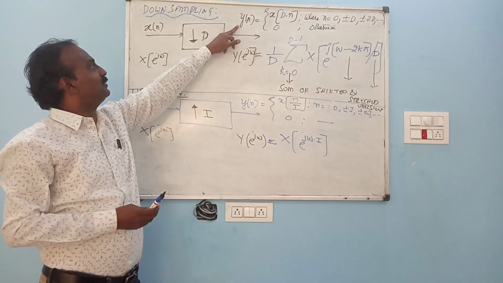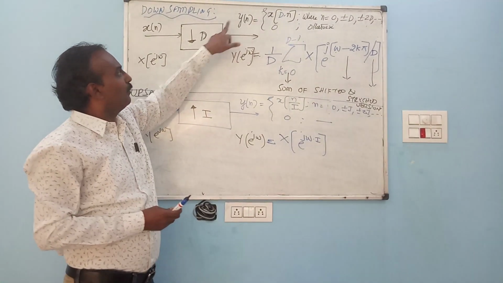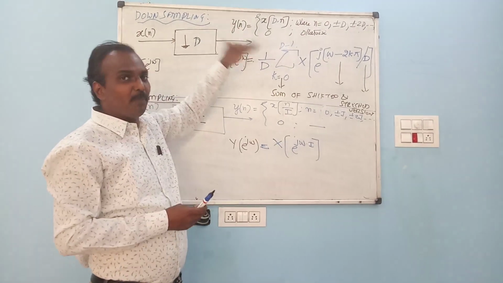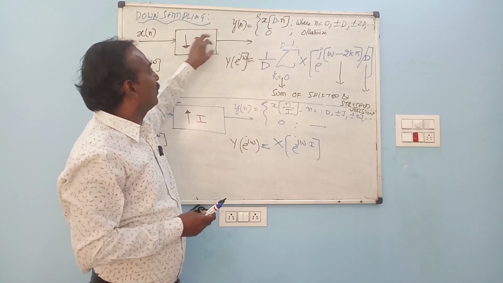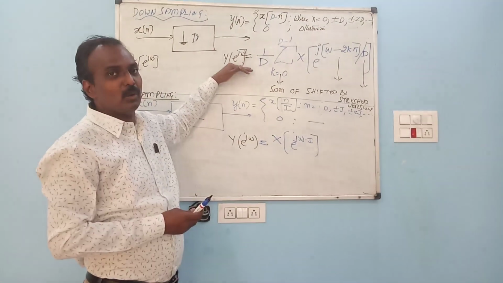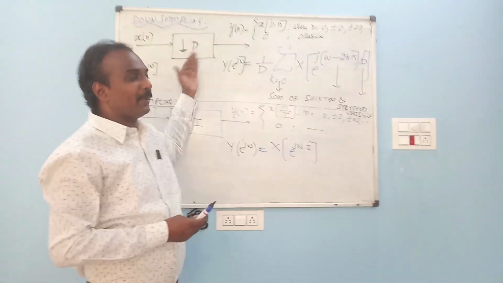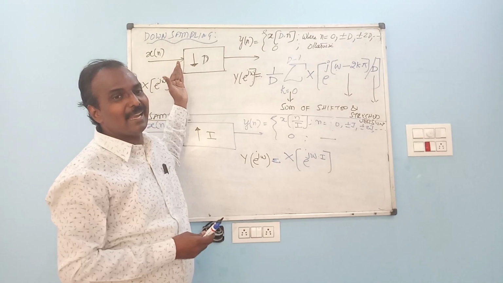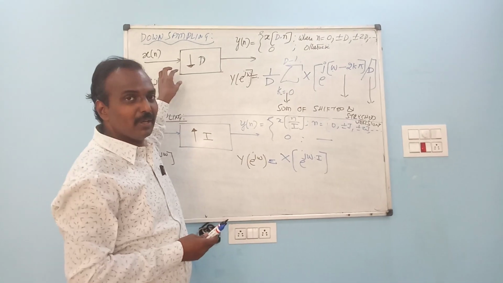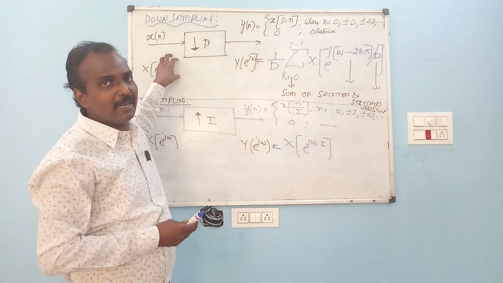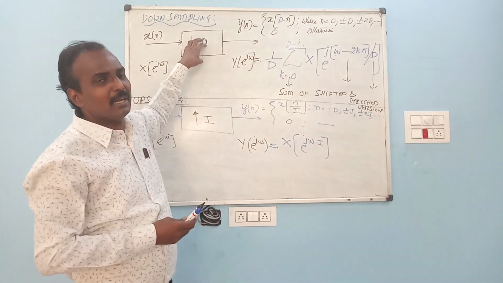After downsampling in the time domain, we are dropping a number of samples. Therefore, we observed aliasing is happening. To avoid aliasing, prior to downsampling we are adding a filter. That filter is called an anti-aliasing filter. The process of pre-adding this anti-aliasing filter to the downsampler, we are calling decimation.